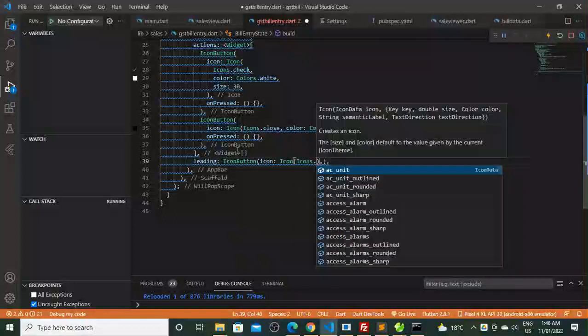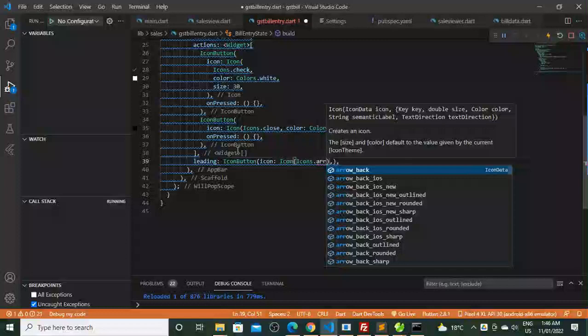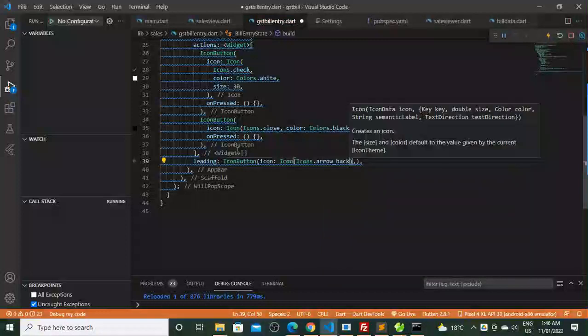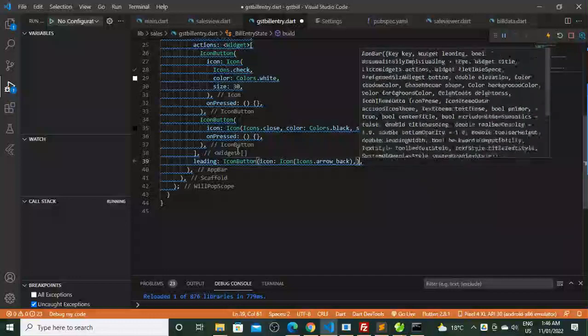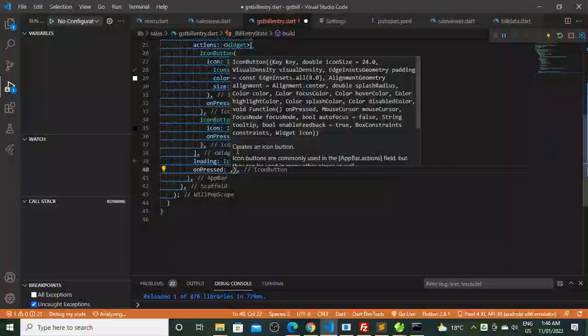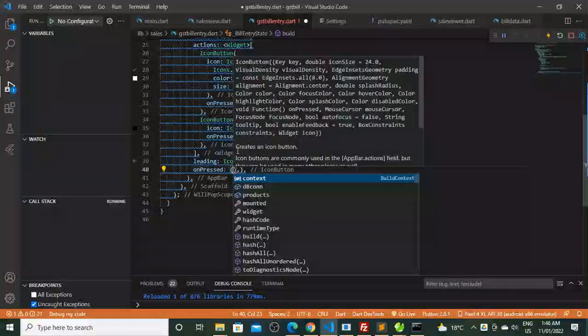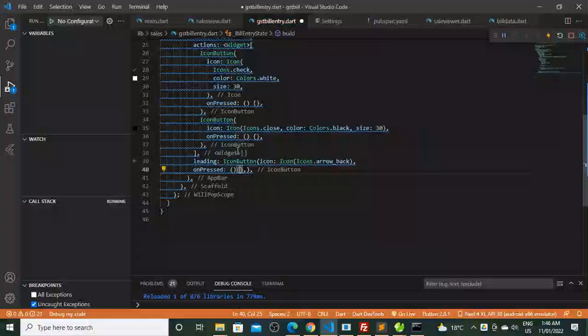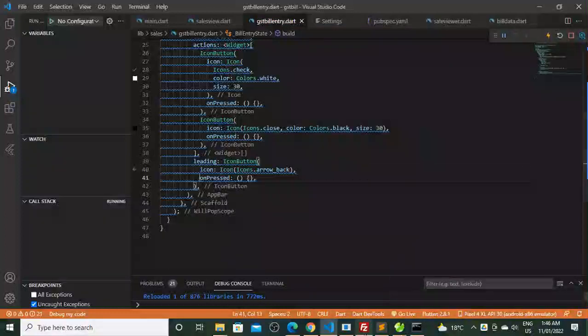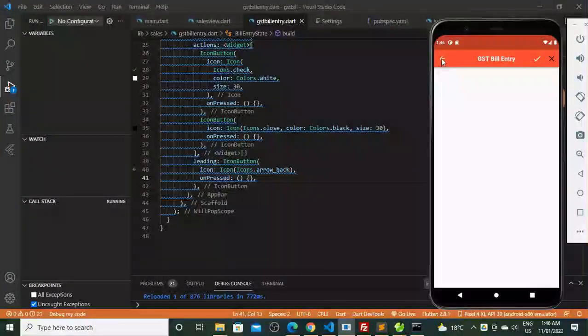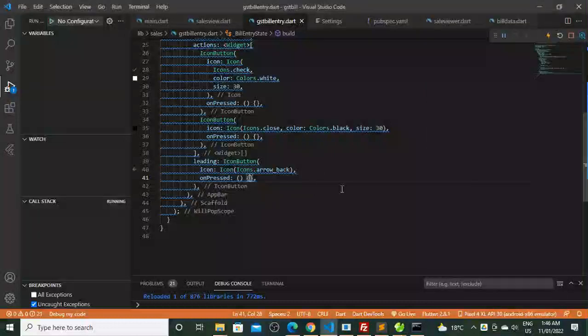Just follow the code. Now the back button and the check save button,